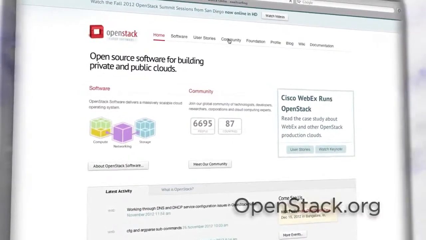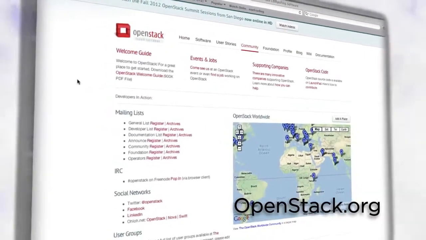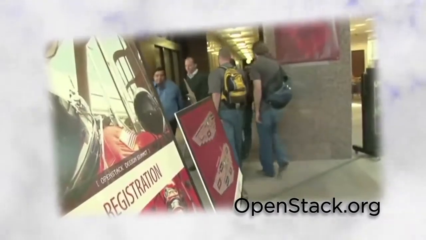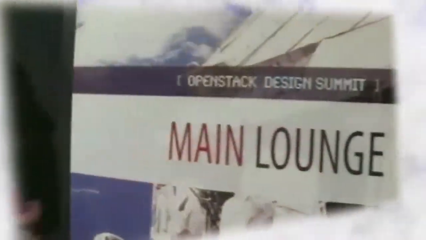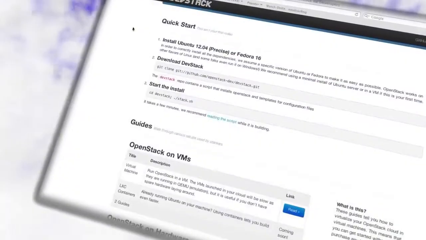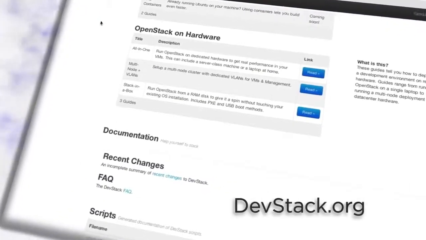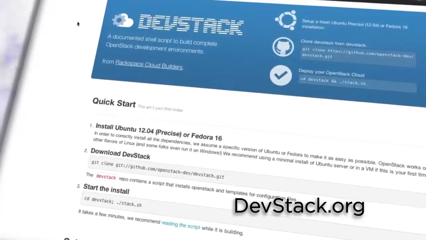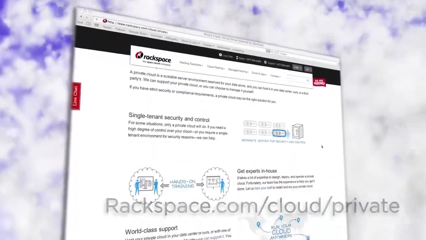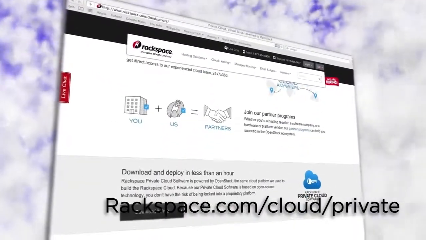If you're exploring OpenStack or you want to learn more, go to OpenStack.org, attend one of the many global meetup groups, attend a design summit and conference, or join the community. If you're a developer looking for an easy way to install OpenStack, you can try the free community-supported installer from devstack.org, or if you're looking for a commercially supported version of OpenStack, you can download the free and open source Rackspace private cloud software from